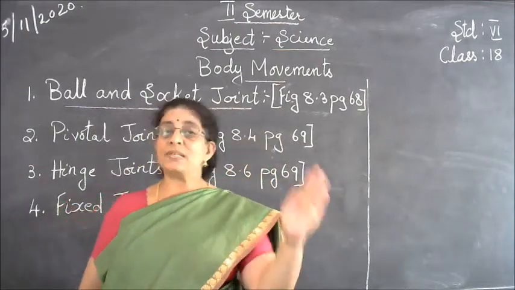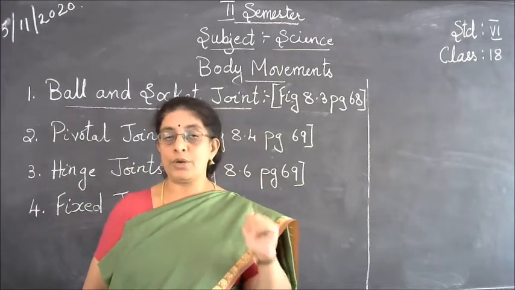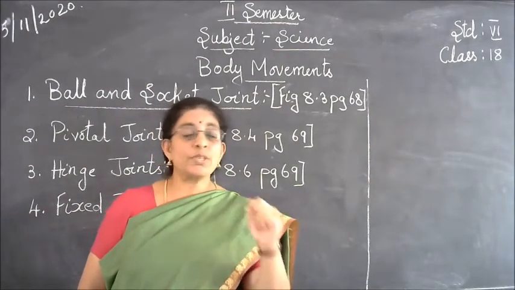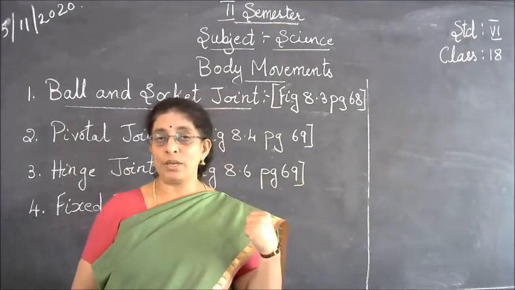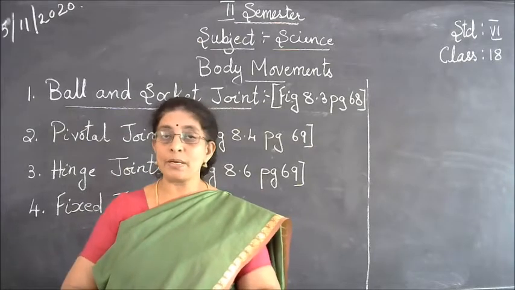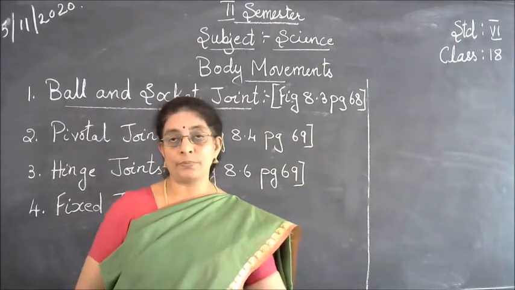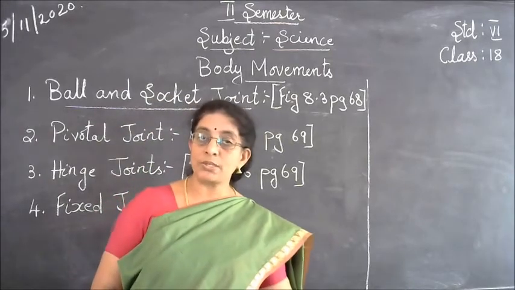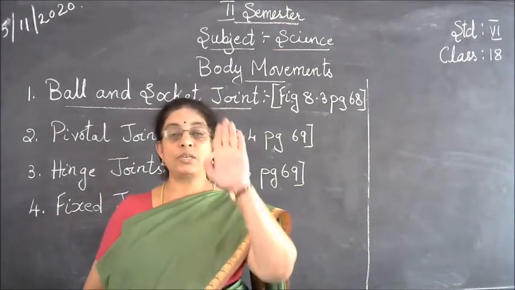Now, what gives a correct shape to your body? That is mainly your bones. Suppose you didn't have bones in your body, what would have happened? They would have rolled you like a paper or a leaf and thrown you out. Is it not? You won't be able to sit or stand. Now, if you have to sit, your backbone has to